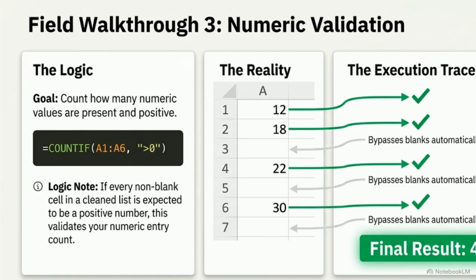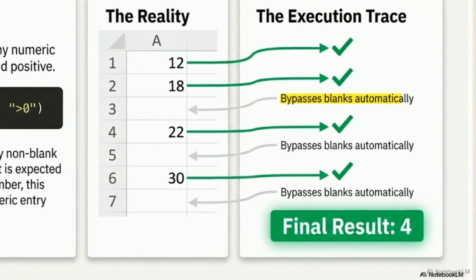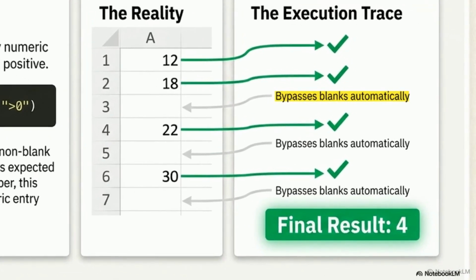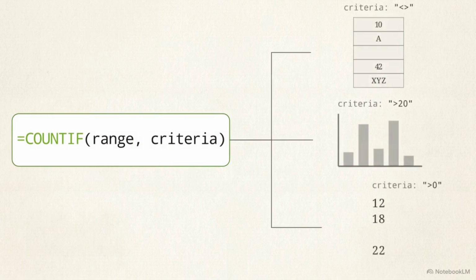Finally, here is a setup for rapid numeric validation, confirming how many positive numbers exist using a greater than 0 rule. By only looking for values above 0, it automatically bypasses blank spaces and acts as a strict quality check for expected data entries. Whether you are cleaning, filtering, or validating, you are using the exact same formula structure to